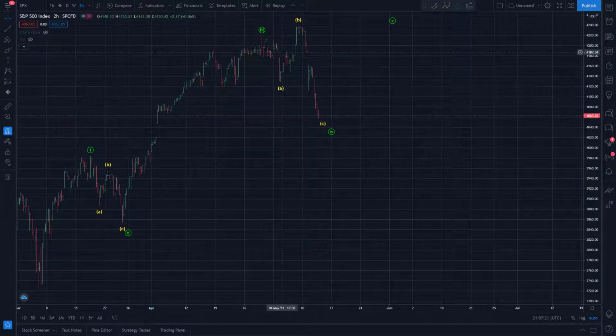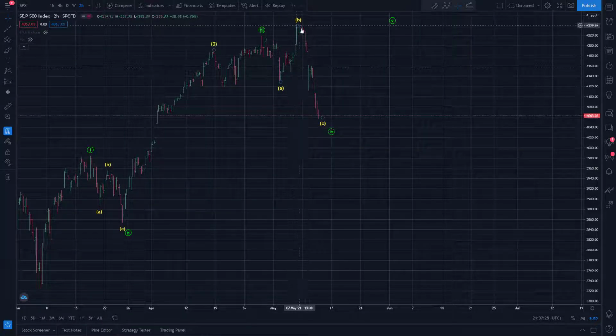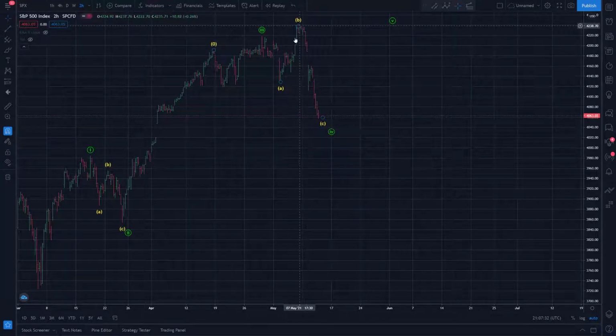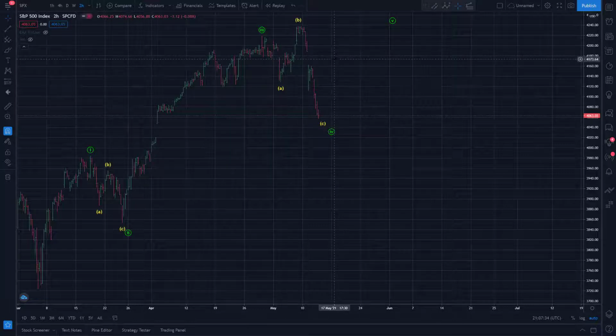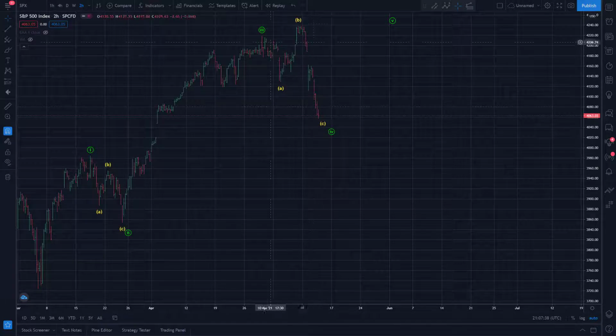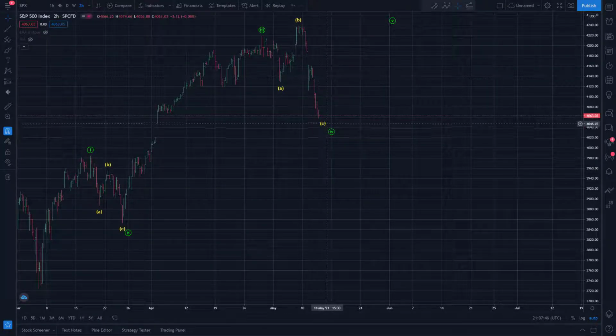One of the reasons I'm really leaning into that is we have this distinctive three wave move to a new high. You almost never finish a move with a three wave subdivision unless it's an ending diagonal or something like that. And this is definitely not characteristic of an ending diagonal, the type of action we had leading up to that high. So to me, I still like it for three down, three up, and we're working that five down for C.